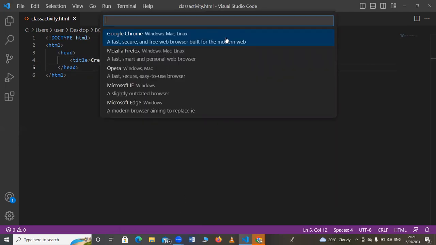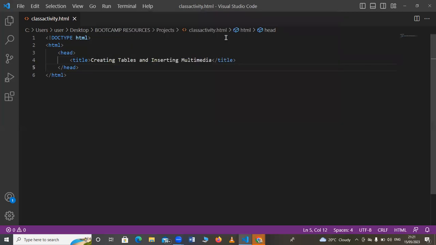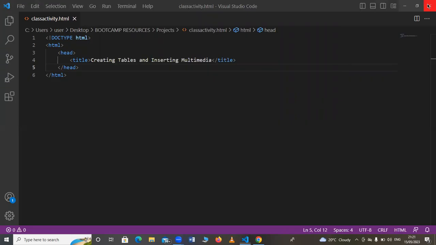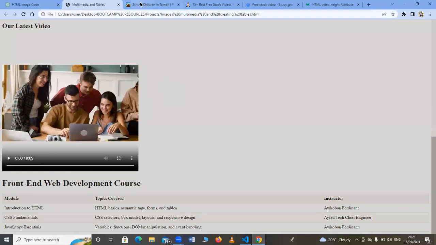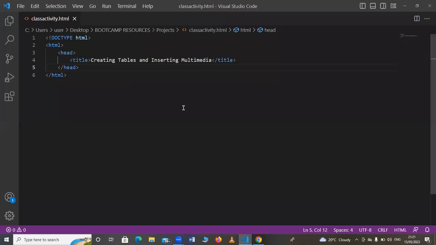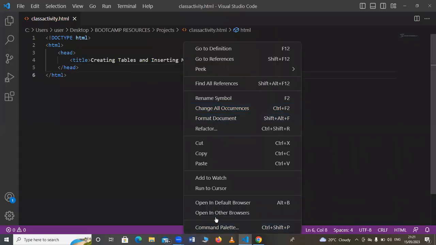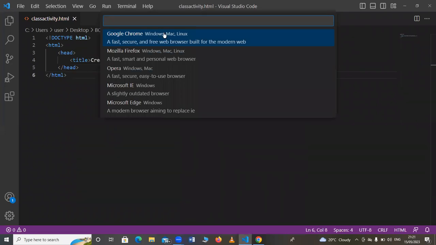Of course, there are very many browsers. For this case, I want to use Google Chrome. So when I click there, you will realize that's okay. Let me click on it once more. Quick, let me run it. I closed it. So you realize I've opened